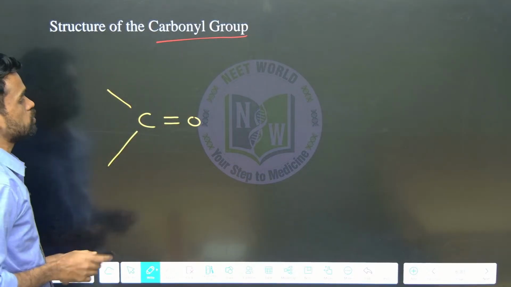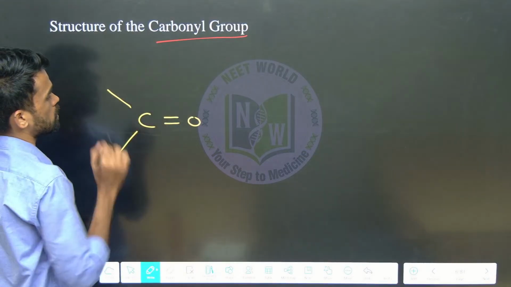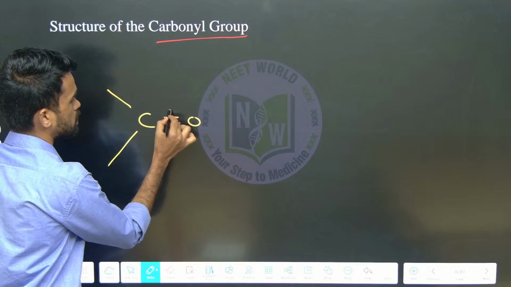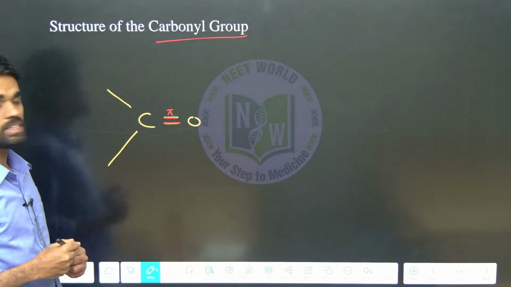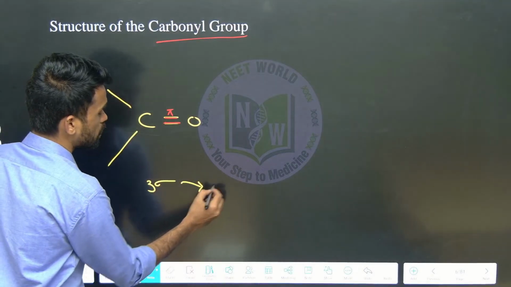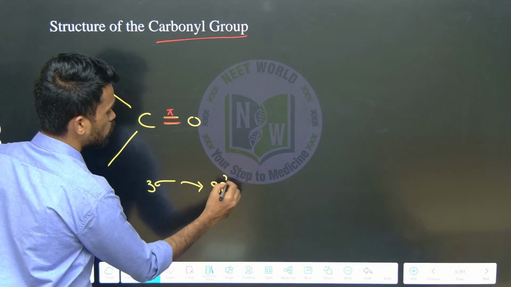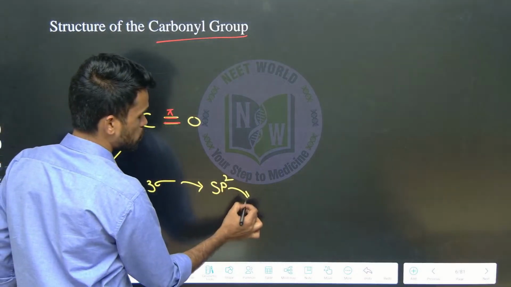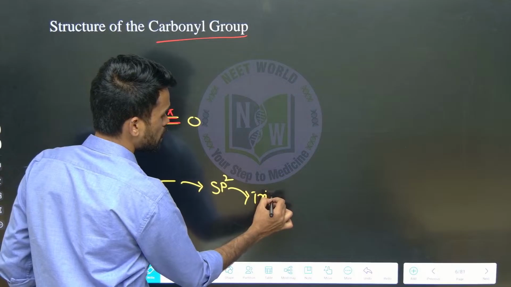Now how many sigma bonds are there around the carbon? 1, 2, 3 sigma bonds. This is a pi bond, consider. So there are only 3 sigma bonds. If there are only 3 sigma bonds, hybridization becomes sp2. What is the hybridization of this carbon? sp2. If hybridization is sp2, we are going to get a trigonal planar